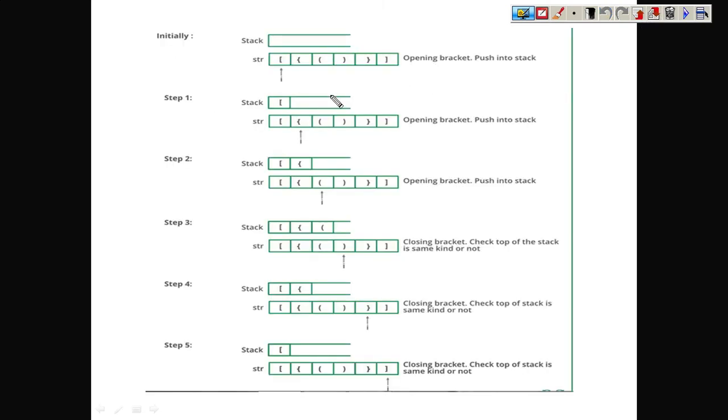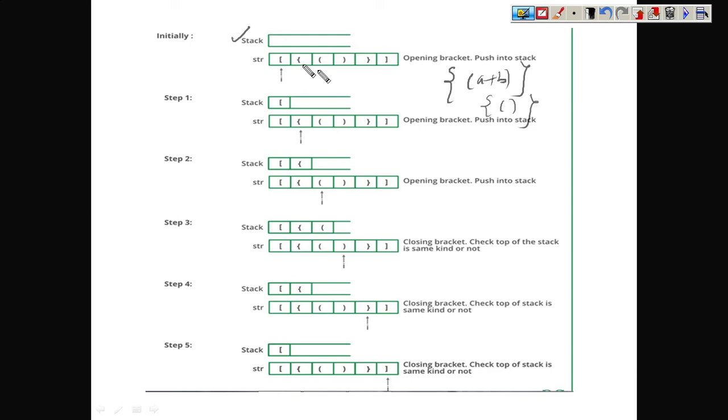Now let us look at the scenario here. Here we have the stack which is empty initially. This is what we are looking to check. So we have an expression, let's say something like a plus b. Instead of writing the entire expression with the operands and operators, we simply write in this format, because we are only concerned with the brackets. So we denote our expression in this format, consisting of only brackets.